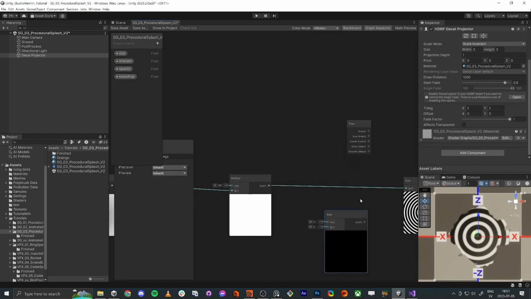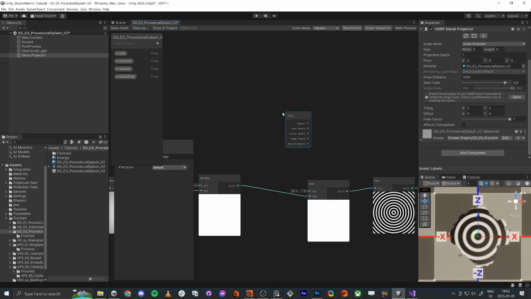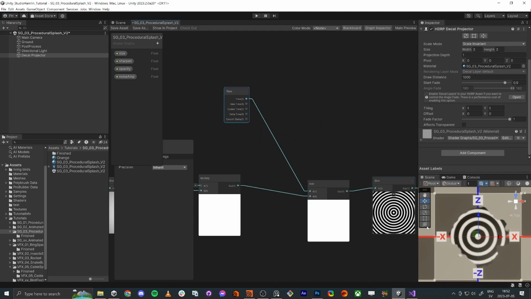So now we want this value from 0 to 100 to have the values always increment, so these ripples will go outwards. So if we just do the values and add time like this and save, you see we got